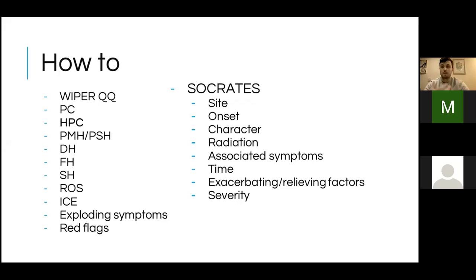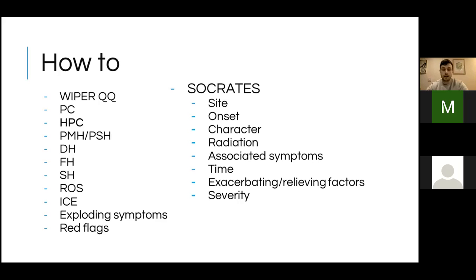Any associated symptoms, the patient feels sick, if they've got a fever, a temperature, if they've got shortness of breath. The timing, so if it's there all the time, if it's constant, if it comes and goes. Any exacerbating or relieving factors, so if exertion makes the chest pain worse, or sitting still makes the chest pain worse, breathing in, if it's pleuritic, if it's not, and then severity out of 10. So the way I ask is, if you were to score your pain out of 10, with 10 being the worst ever imaginable, and 0 being no pain at all, what would you score the pain? So that's a really useful acronym.